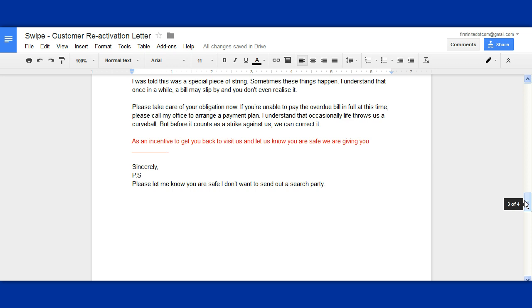You could say something like that, and then make sure that you put in this piece of string, and then put a little extra note giving them directions, just in case they did lose their memory. Now, obviously, we know that they didn't lose their memory. We're having fun with this. We are creating an enjoyable experience, because what most people do when they send out letters like this to try to get people to pay their bills is they're being a jerk.